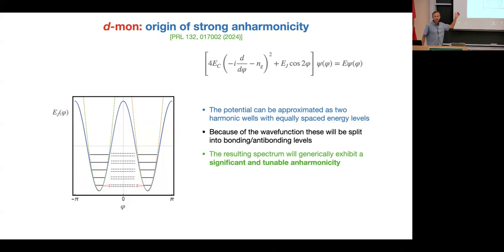Okay, and right away from this simple argument, you can see that this will not have a problem of weak anharmonicity, right? Because these two levels could be split very little, and the splitting to the next two levels is controlled by some other physics. Okay, so that's the idea. And of course, we have to validate this. We have to solve this transmon equation in more detail, and that's what we did. But basically, this is the idea. So basically, if we can show that this kind of design still remains insensitive to this offset charge problem, then we're good to go. And indeed, this is what we did.